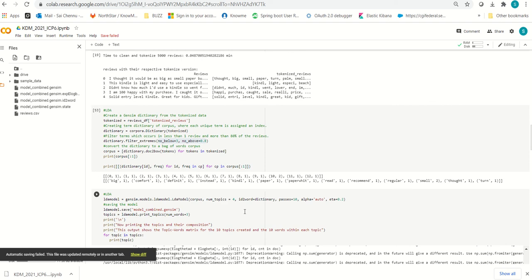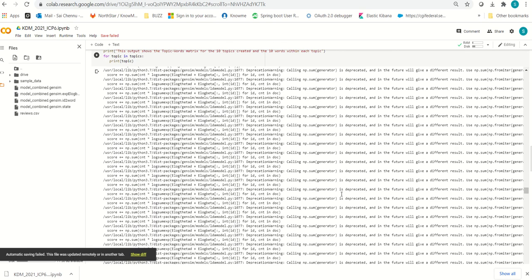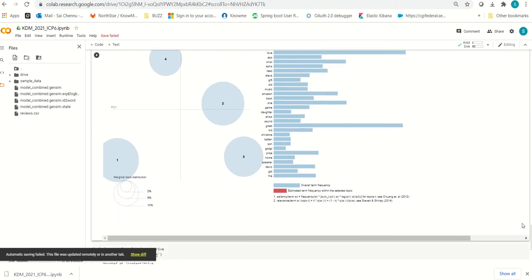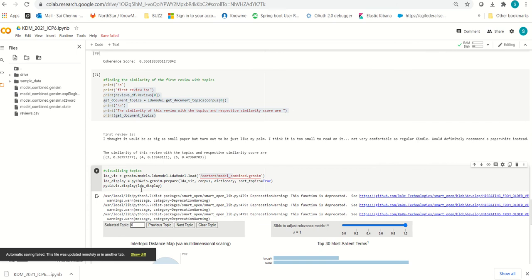I have made 10 different types of models by changing the values of number of topics, passes, and number of words. In the same way, I have performed many individual models and traced all those screenshots in my wiki, where we can find all those models. This is one of the important models, where we can extract information. The main thing is that we can visualize the information easily.